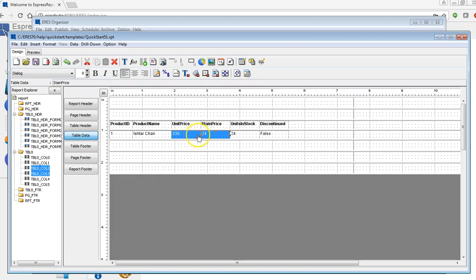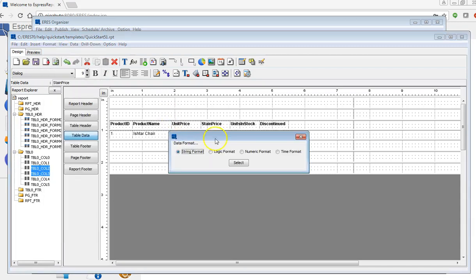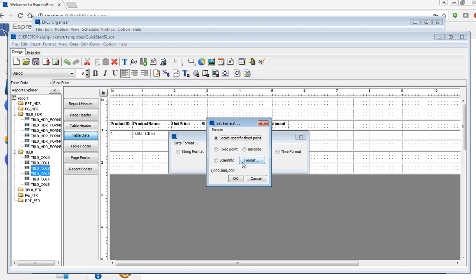And I want to add dollar signs to these two numbers, and so after I select it, I will go ahead and do format, data format, and select numeric format, fixed point, and then